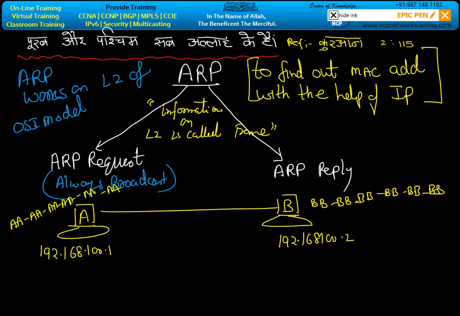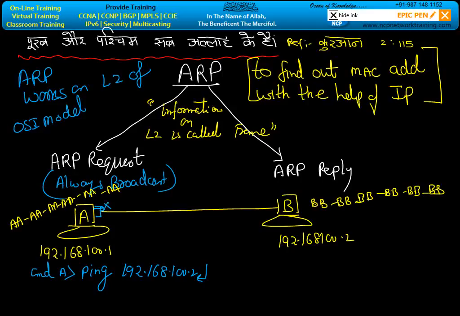Whenever the administrator wants to send any information from machine A to machine B, for example pinging from machine A to machine B, the request will not be completed immediately. If someone goes to the CMD of machine A and writes ping 192.168.100.2, you are sending the echo request. Your echo request will not go out from this port